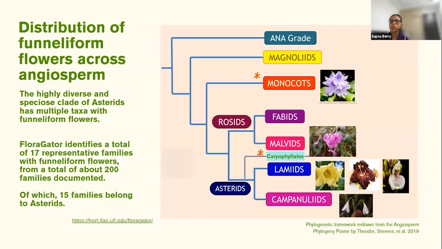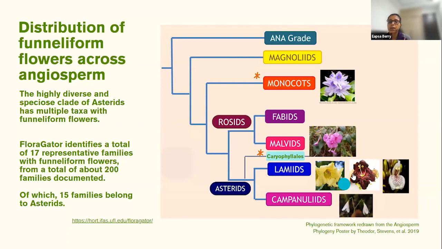The highly diverse clade of Asterids, which is species rich, shows the presence of high numbers of funneliform flowers. We used Floragator, which has an online key to morphological traits in flowering plants with 200 documented families. Approximately 400 families are there in angiosperms. So among those 200 families, data extracted from Floragator tells us that out of 200 families,